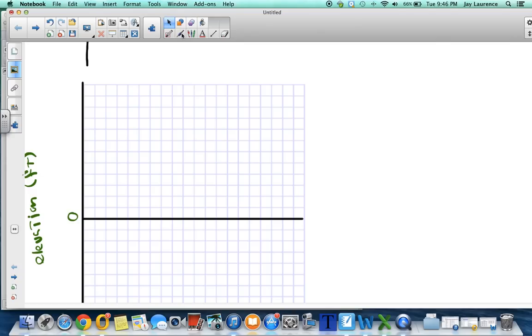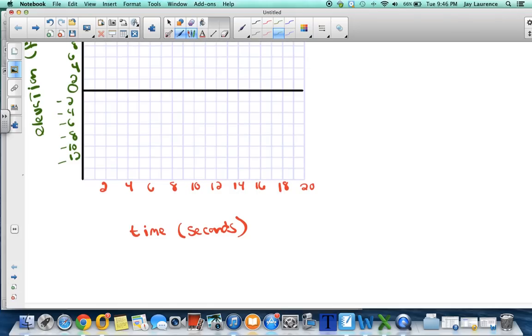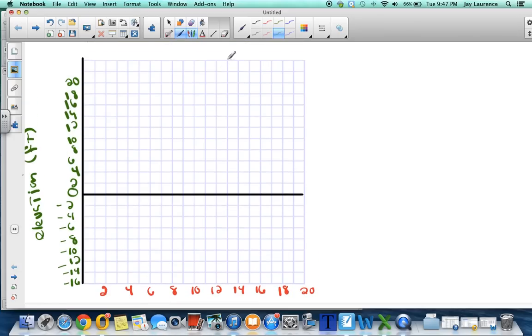Yeah, I think I'm going to be able to do it. So I'm going to count by 2s. 2, 4, 6, 8, 10, 12, 14, 16, 18, and 20 feet. And down here we'll have -2, -4, -6, -8, -10, -12, and -14, and -16. Okay, so we know that according to our table here,